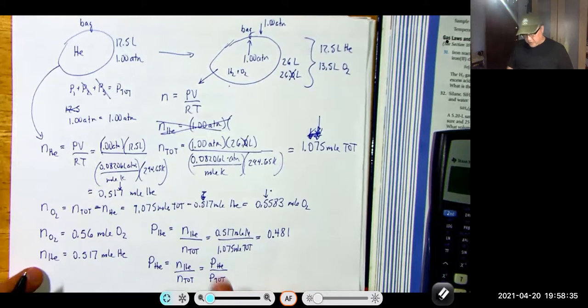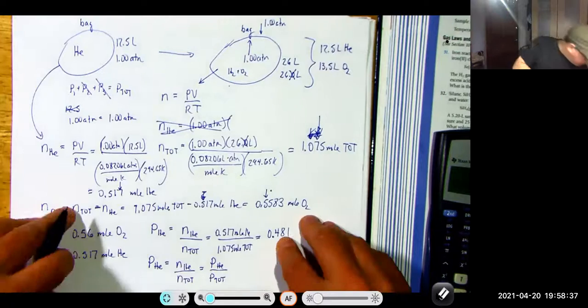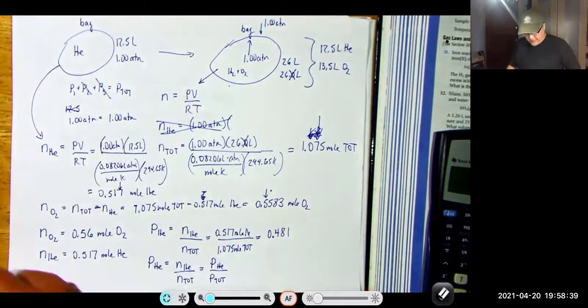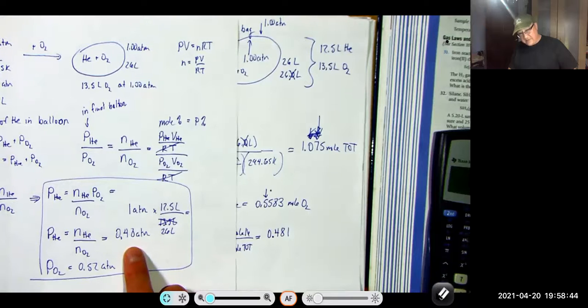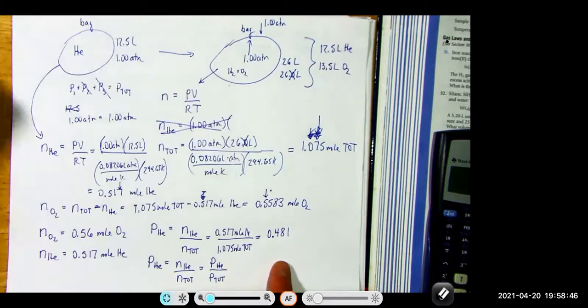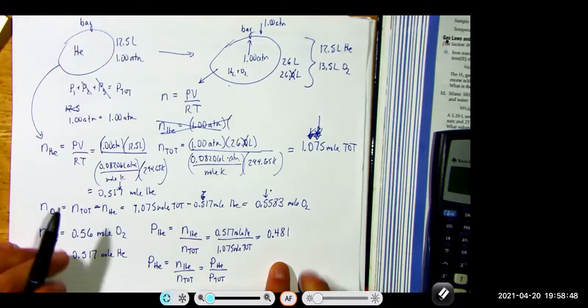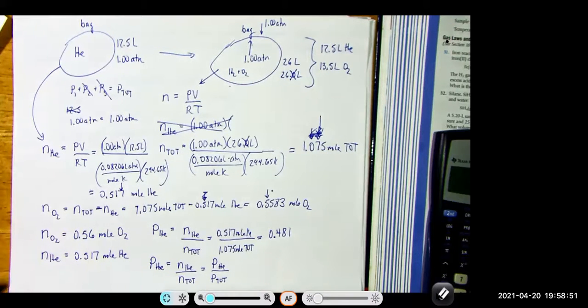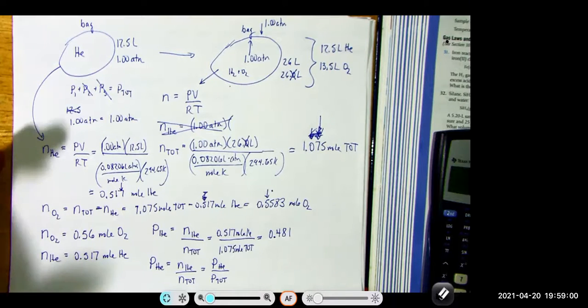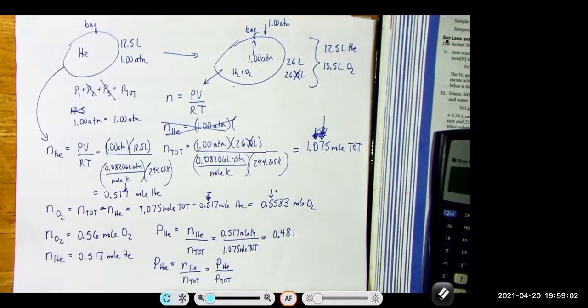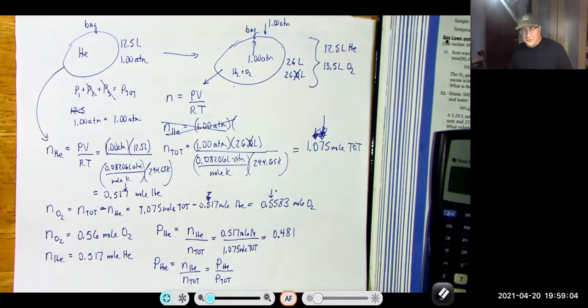So we did it using moles. Do you remember before when I said, I don't know, but I just know that the pressure of helium has to be 0.48? And there it is. Before, you were using the volume ratio between the two. It just made sense to me, but here the mole ratio is what you're saying. I didn't have a good reason for using the volume ratio,